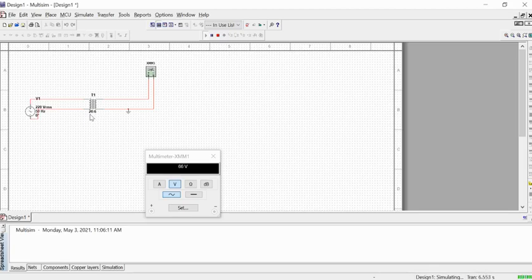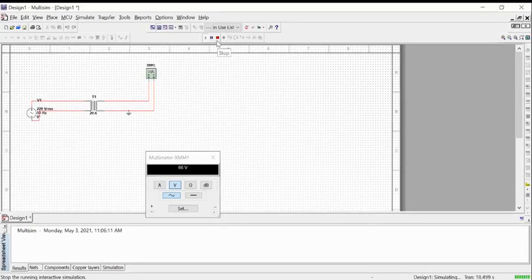By varying this turn ratio, you can get output AC voltage according to your requirement, depending on which kind of transformer you are using. You can also make it a step up transformer by increasing the secondary coil turns and decreasing the primary coil turns. So you can use a transformer easily here.